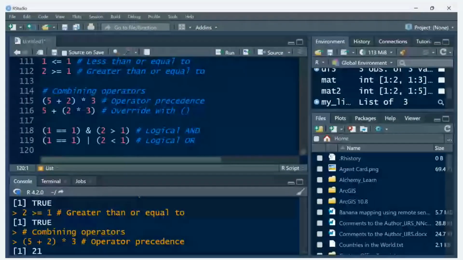So we are almost done for today's class. Let's see if we have anything more to add. Okay, so let me just add this very quickly. I'm not going to run this particular code. So in R, you can